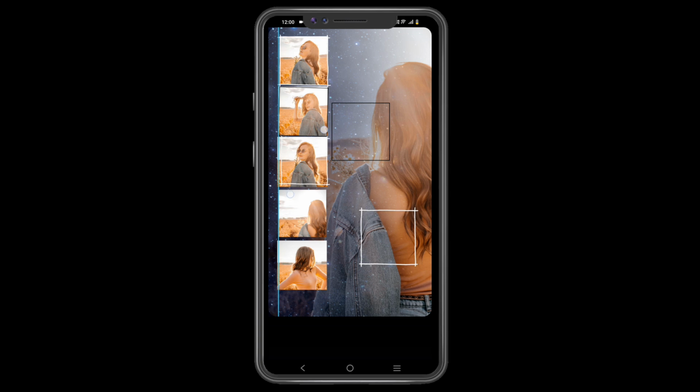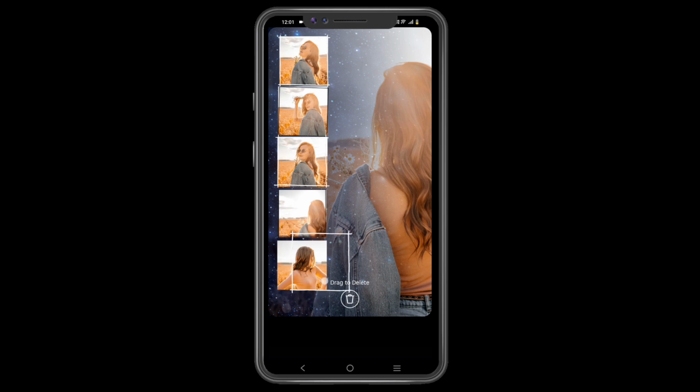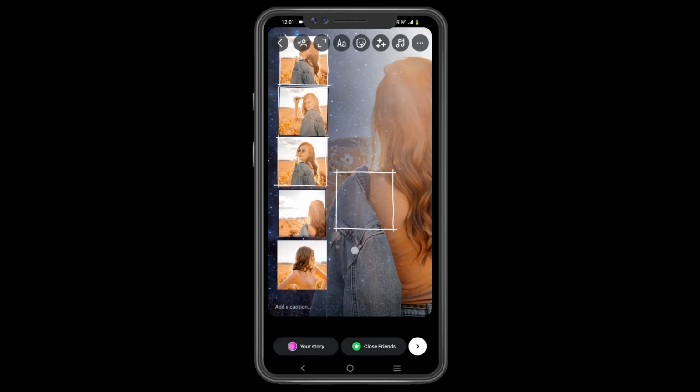I am adjusting all the square boxes on top of every picture. I used a black and white square box which looks simple and beautiful. You can see that I adjusted all the pictures one by one. It takes 1 more minute.